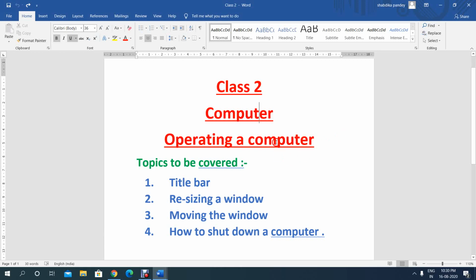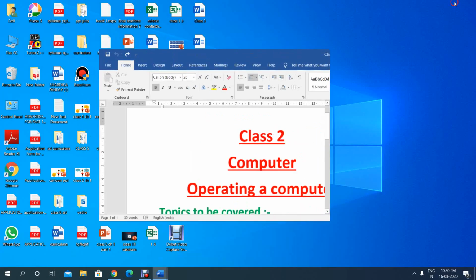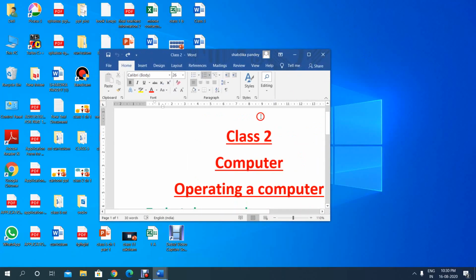First we have to click on the middle button again. Understood everyone? Once you click on the middle button, it will become smaller in size. And how you can move this window now?